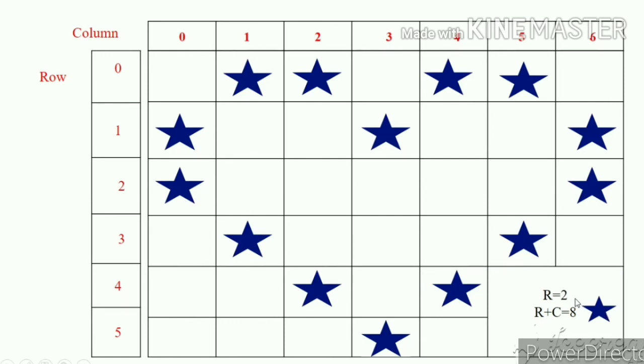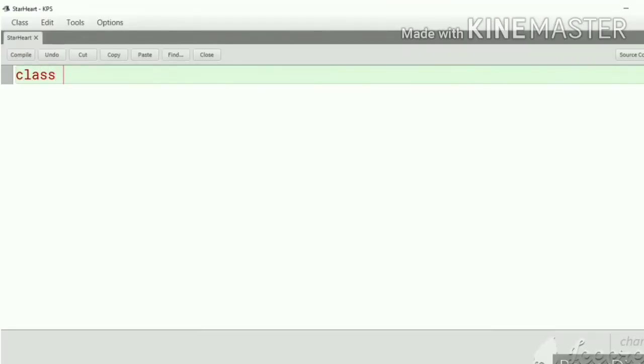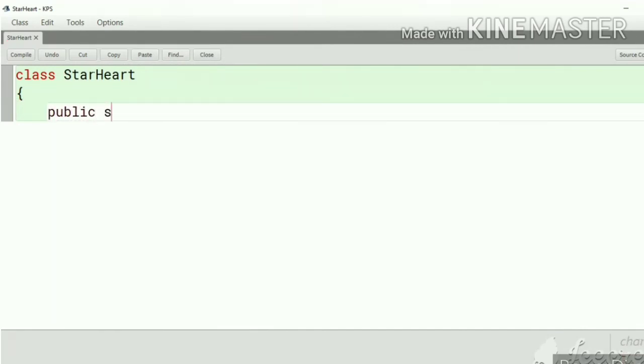So now let's start our program. Class name StarHeart. Here we write the main method: public static void main String args.